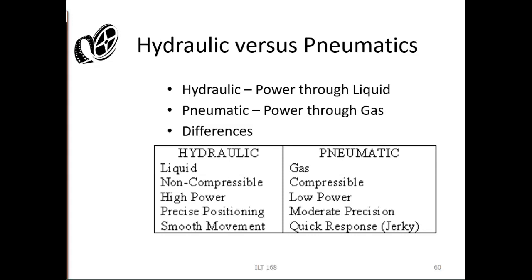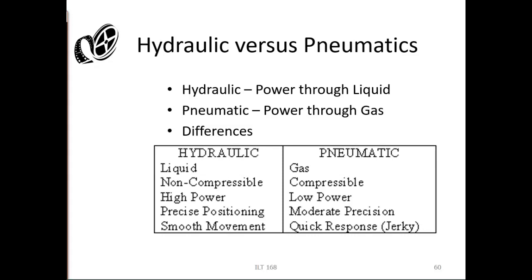Hydraulic offers a lot of high power options. It can do thousands of pounds of work. It is why we use them for everything from a car crusher to amusement park rides. You can use them for anything. They're high power. Pneumatic is low power. Hydraulic tends to have a very smooth response. Pneumatic tends to be fairly quick. Why? Because once the air starts moving, it's got to move. It doesn't like to stall out very much.